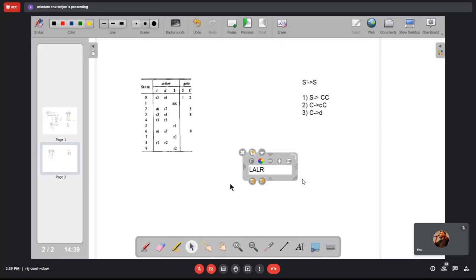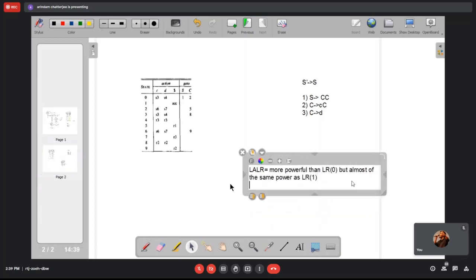The beauty of LALR is that it is more powerful than LR0, and almost of the same power as LR1. This is the first thing.